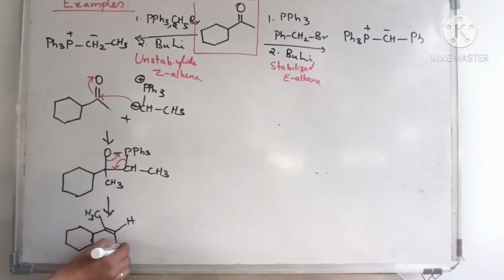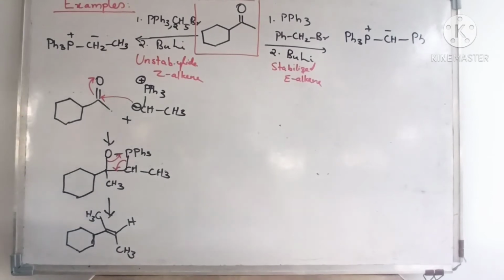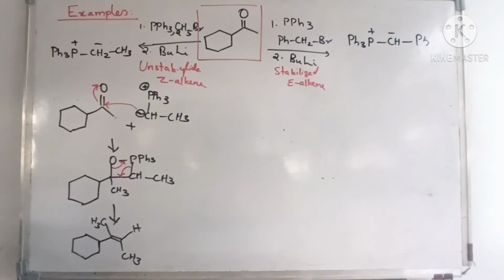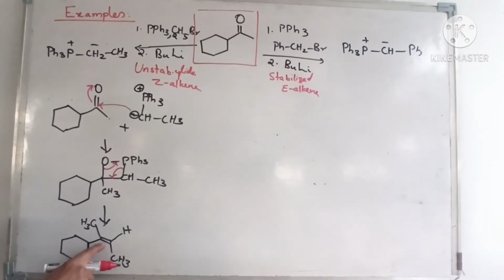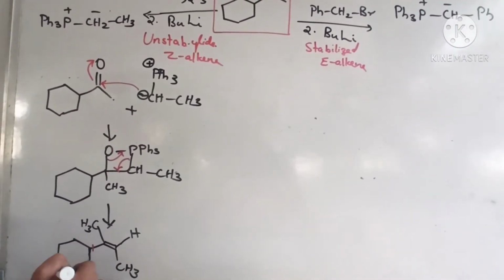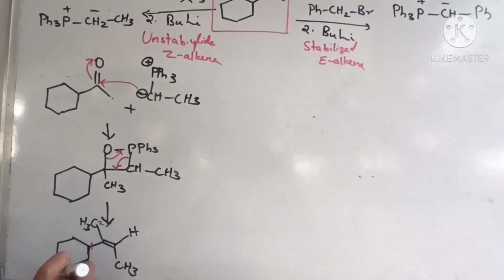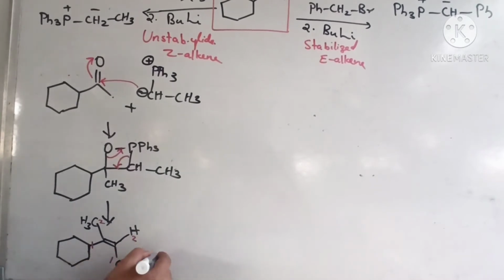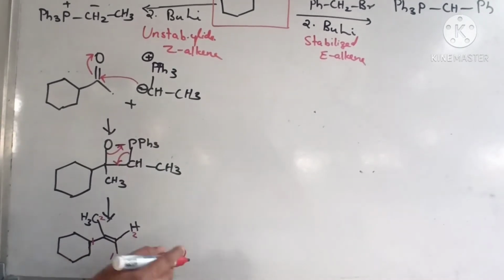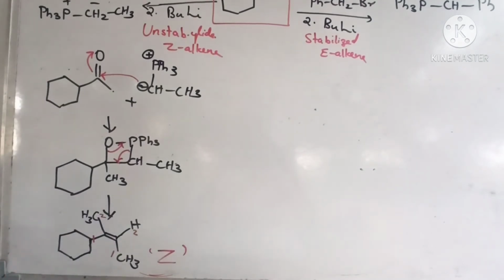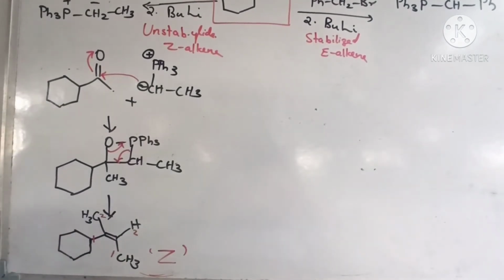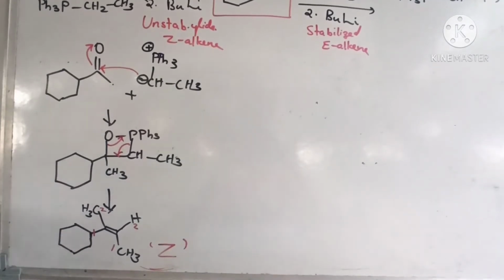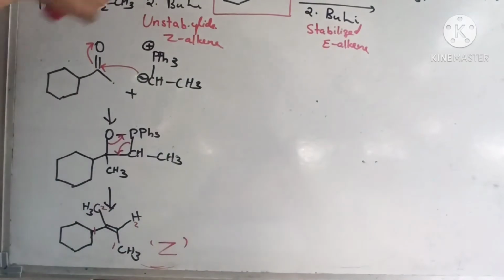So this will be the product formed. If this is the product, let us check whether this is the Z-alkene. How will we be checking? You have to assign the priority, right? So here this side will be getting priority number 1, here second number, and this side, this is first number, this is second number. So this will be the Z-alkene which is formed after the reaction, not CH3 over here. Okay, so you have to look at the priority order in this case, so that you can very well write the Z-alkene.